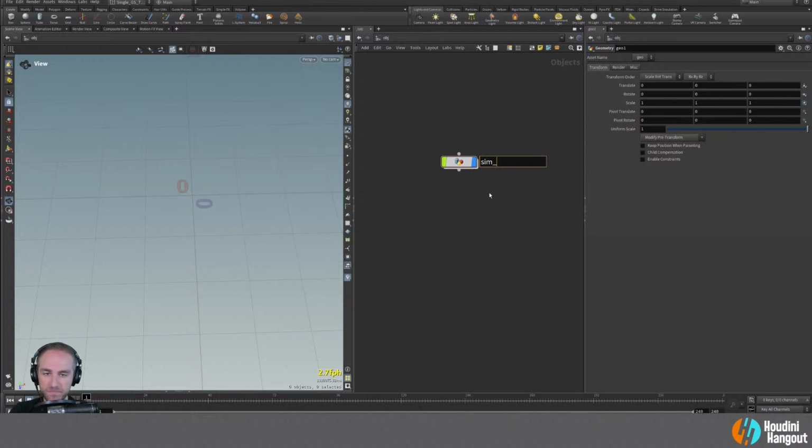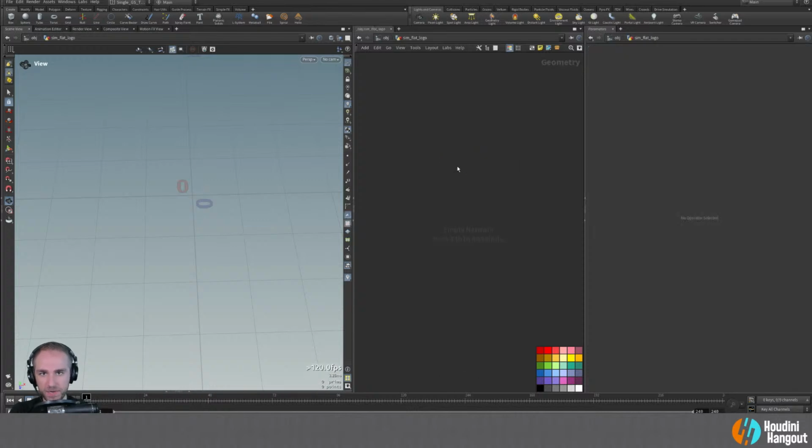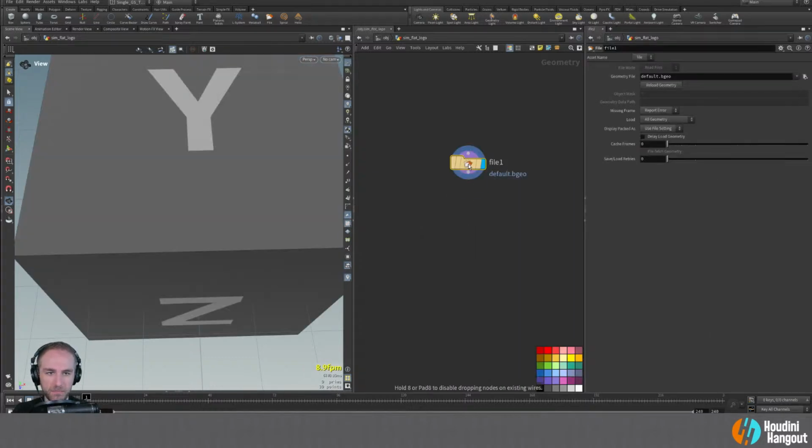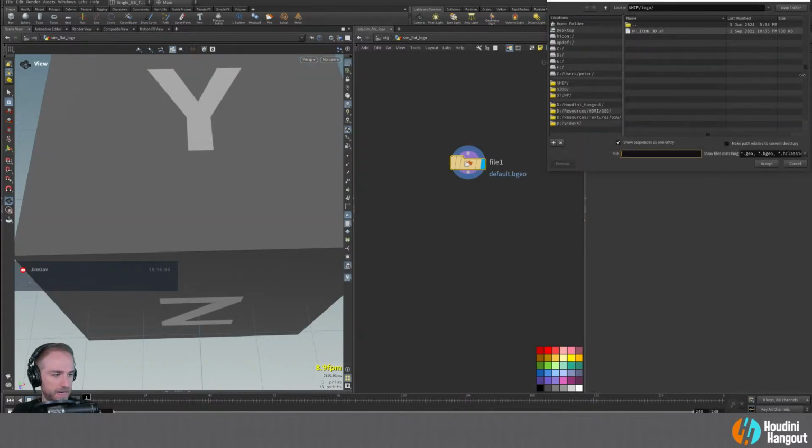All right, so let's do this. We'll call this sim flat logo. For right now, we'll do our sim all-in-one geometry thing. We're going to be doing this with SOP-based stuff, so let me do a file node here. I'm going to bring in my logo. I already